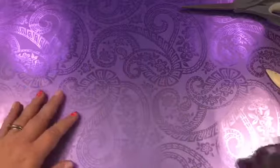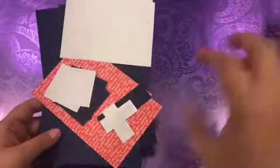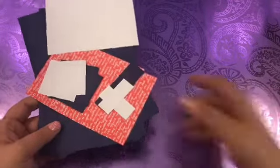Okay. So now let's move on to card number 3. Sorry, I'm loud. Okay. Card number 3 will not need scissors. All right. So card number 3 has a lot of pieces. Okay. So this is card number 3. Okay. So let's just start